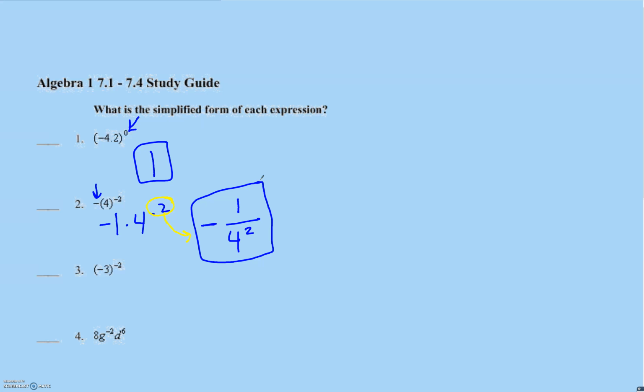Same thing in number 3 here. In number 2, we could have simplified this further as negative 1 over 16. 4 squared is 4 times 4, 16. The multiple choice answers didn't have that as an option. They stopped here. But on your quiz, we would want to go further, just like we're going to do in